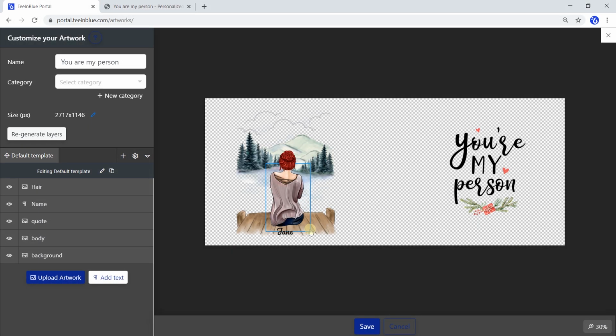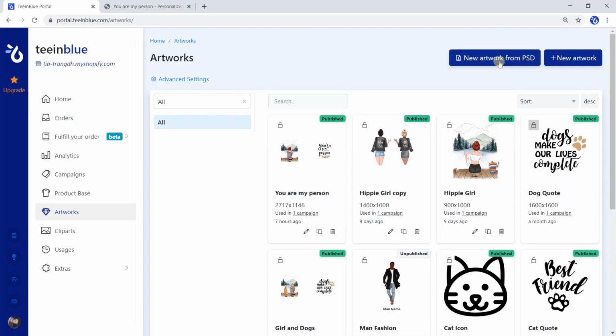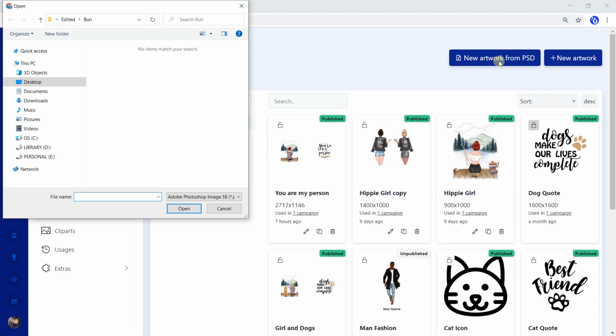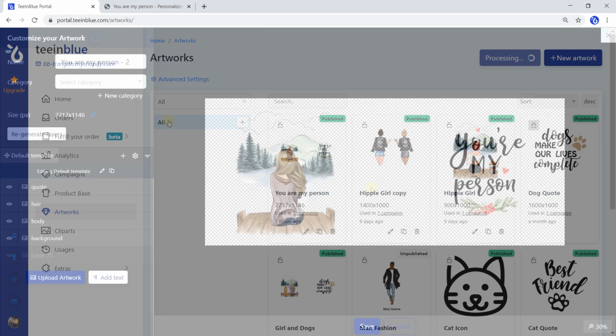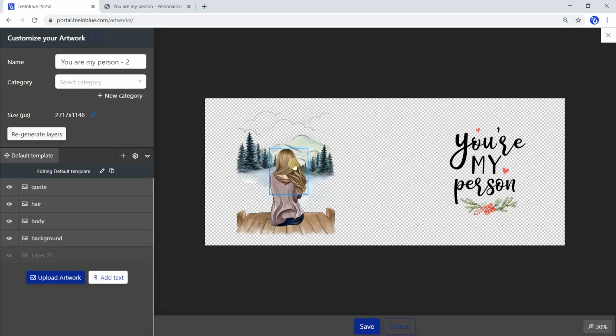However, there is one more thing we must be careful about when creating an artwork. That is the original layer, which will be added personalization options in artwork. Usually, we create an artwork by uploading a Photoshop file, because it's faster to edit design in Photoshop, right? However, layers in Photoshop are usually trimmed, which cuts off the blank area. That's why when uploading a Photoshop file to TinBlue, layers cannot keep the original size and ratio.